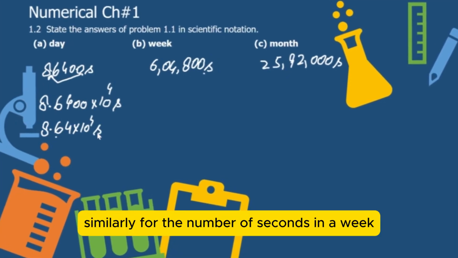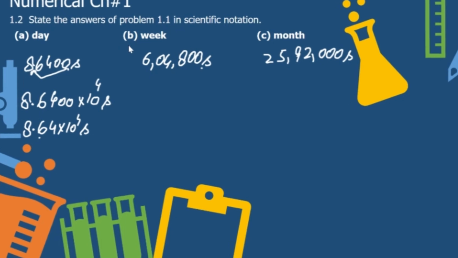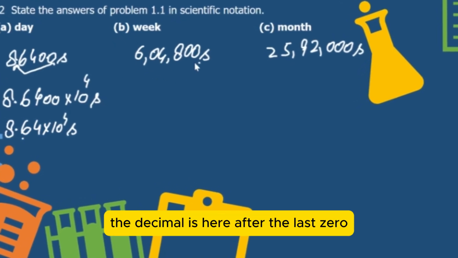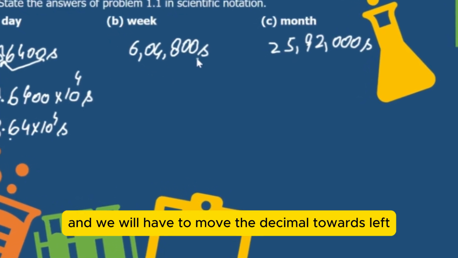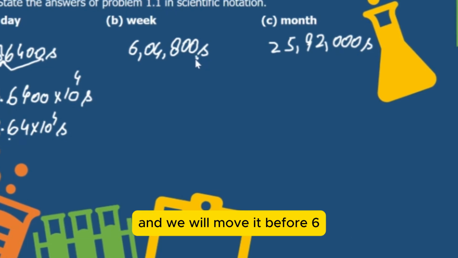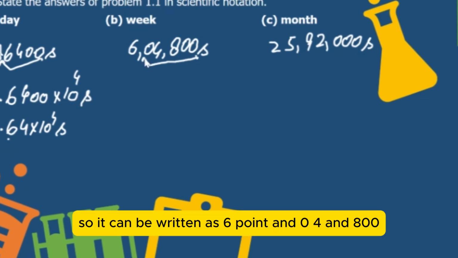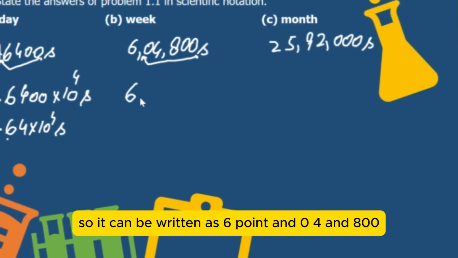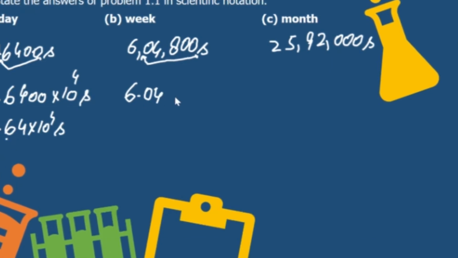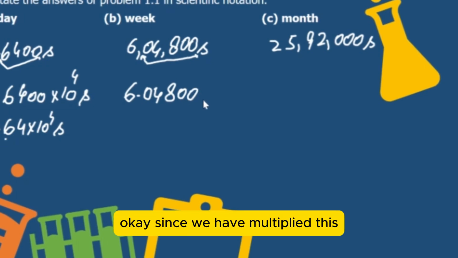Similarly, for the number of seconds in a week, the decimal is here after the last zero, and we will have to move the decimal towards left, and we will move it before 6. So it can be written as 6.04 and 800 seconds. Okay, since we have multiplied this,